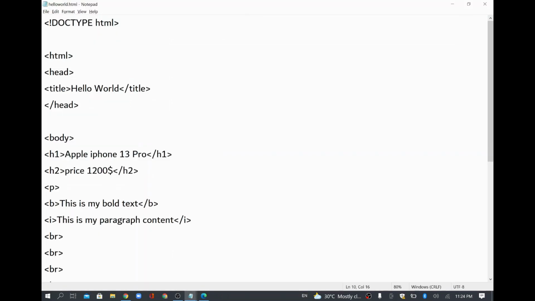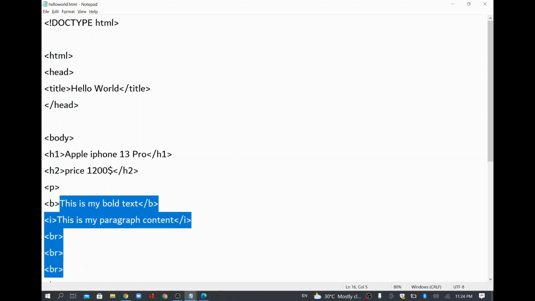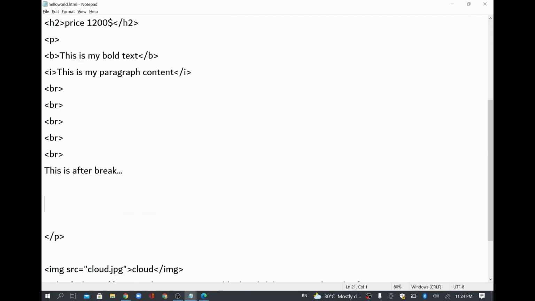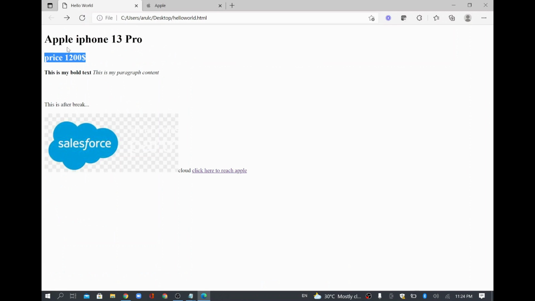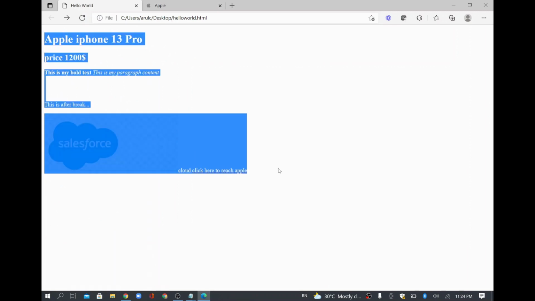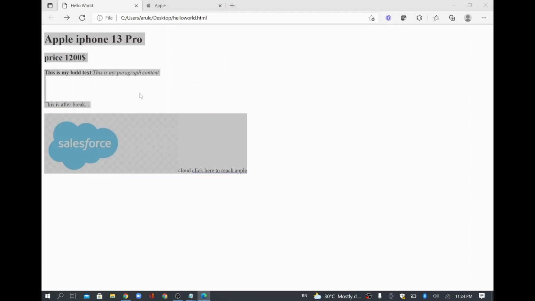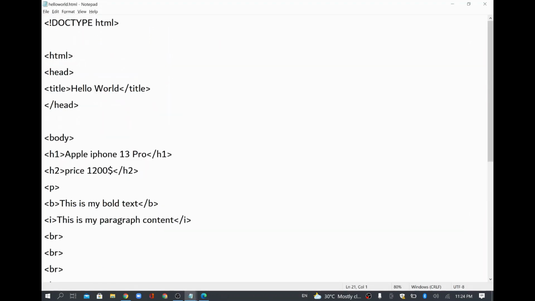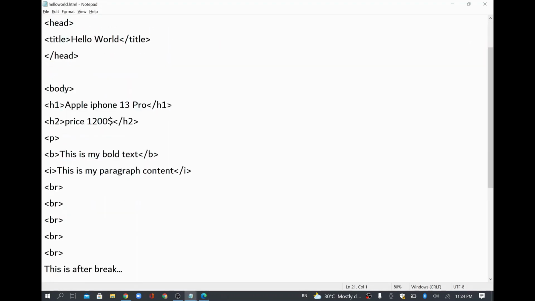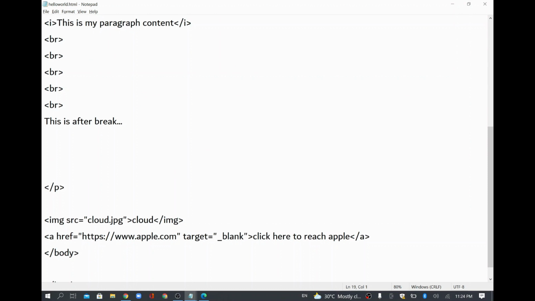So now we saw how the heading tags work, and we saw paragraphs too, but we didn't see anything about different fonts. For example, if you look at all this content, it's all in the same font. So I'll try to change some font for this particular content. This is after the break, right? So I'll add a paragraph here and close it. You can have a number of paragraphs. I'll close here. Here I want to add some color, mainly some font color.